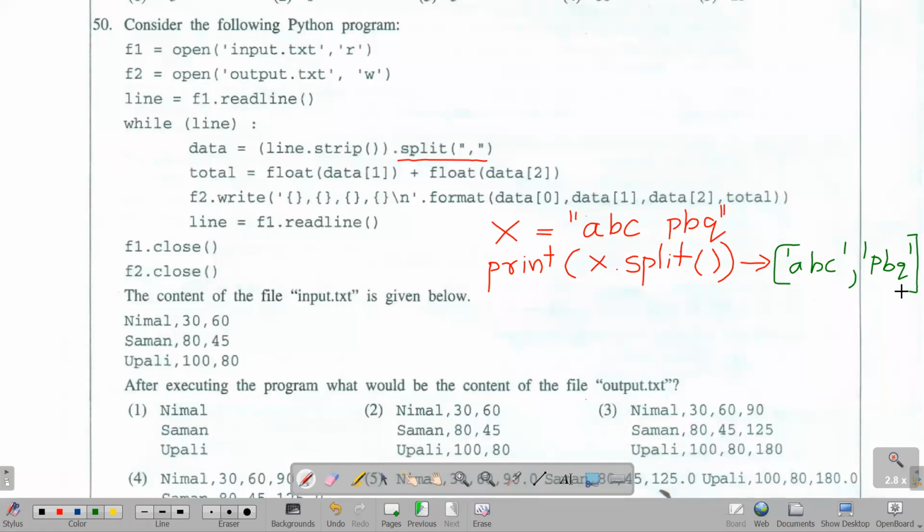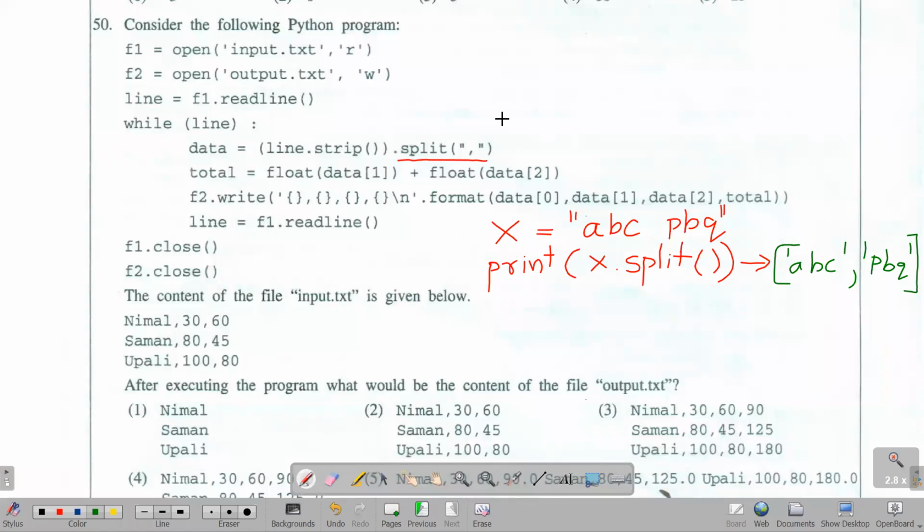Right, so that's what the split function is doing. It splits the value from the space, then creates a list of items that it can be created. People, is that clear? Okay. Then,